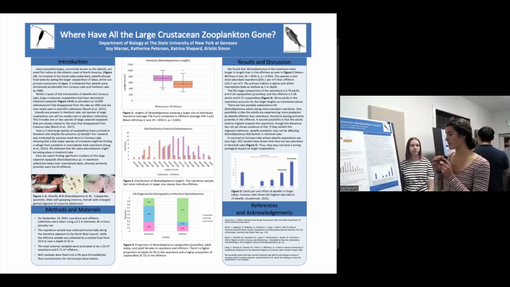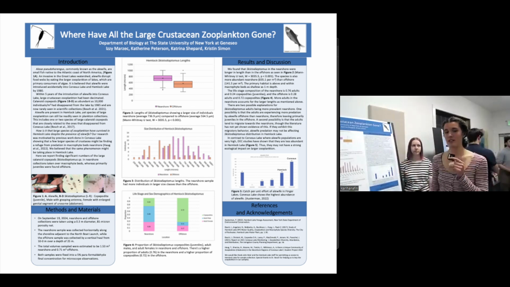It's important to note that Conesus has a decimated population of Schizodiaptomus. There are none in there, and this is because there's a high abundance of alewife. And then if you look at Hemlock, it has about half as many, for this particular outing where they recorded the abundance of alewife in catch per unit.